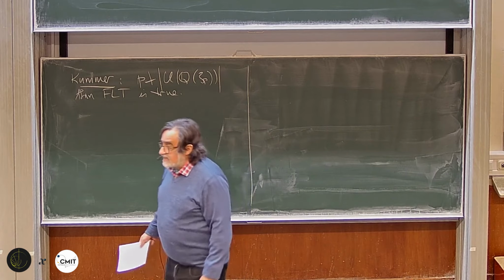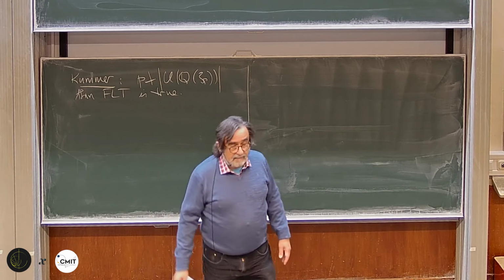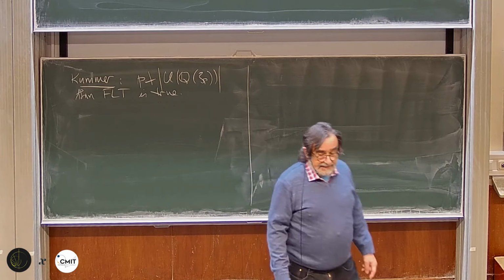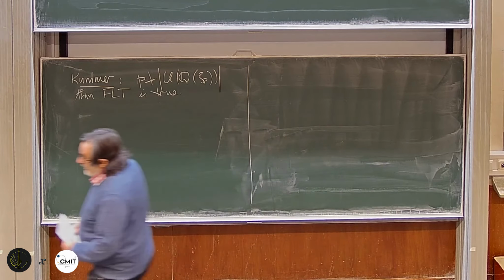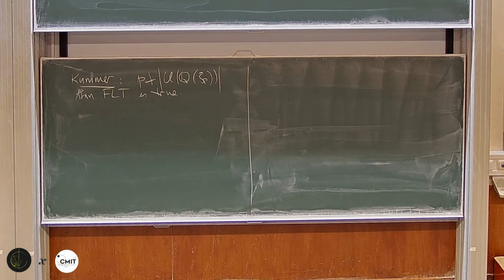Then Fermat's last theorem is correct, but that is not a fact anymore. It is an assumption, and actually this assumption is true for roughly half of the primes, but we have no proof even that it would be true for infinitely many primes,